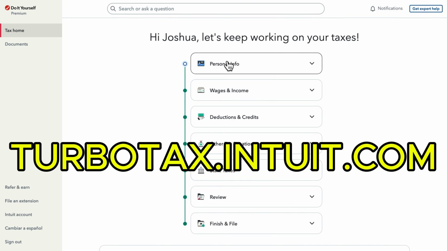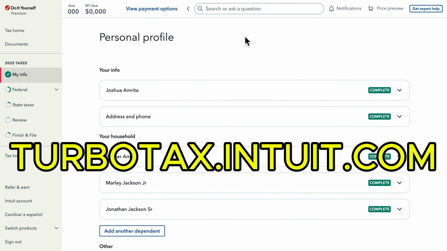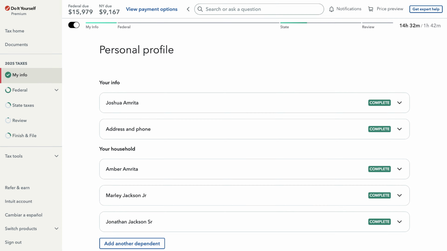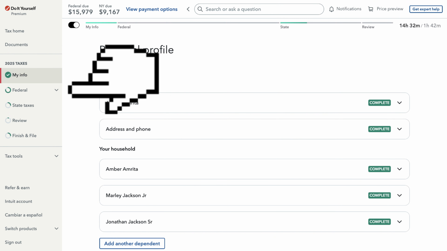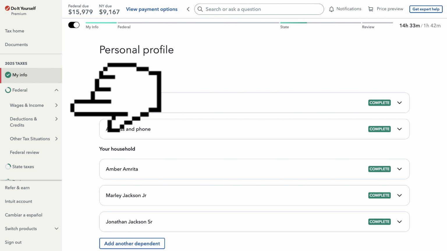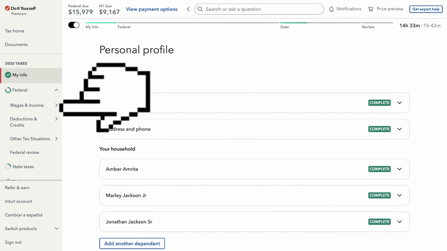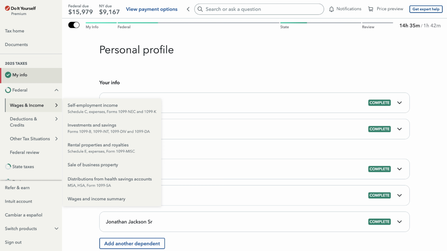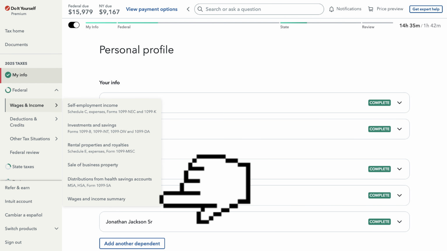After signing in to your TurboTax account under turbotax.intuit.com, to file your Form 1099-K from eBay, first, you want to click on this Federal button at the left side of your screen. Then click on Wages and Income just below it. While you hover your mouse over Wages and Income, choose Wages and Income Summary, which